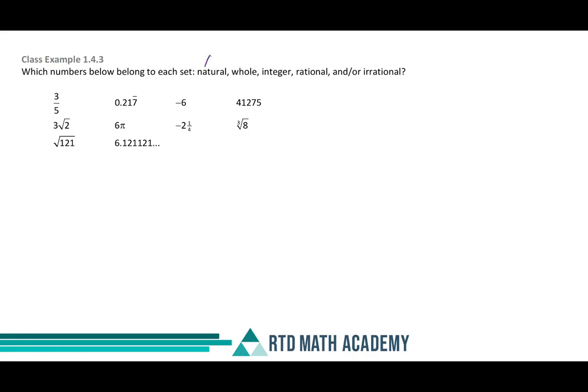We have a natural number, a whole number, an integer, a rational, and an irrational set to our number system. We're going to figure out the numbers below. Where do they belong? Do they belong to more than one? So we'll start with